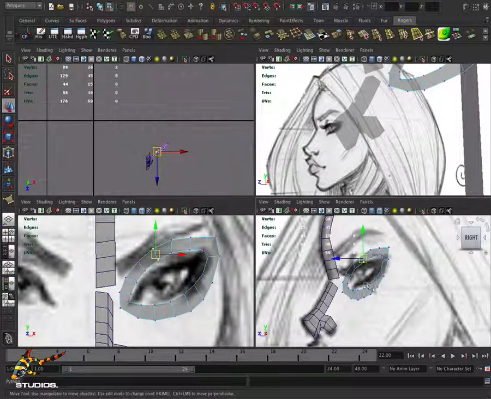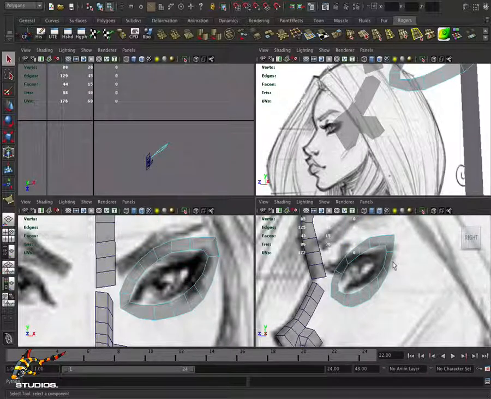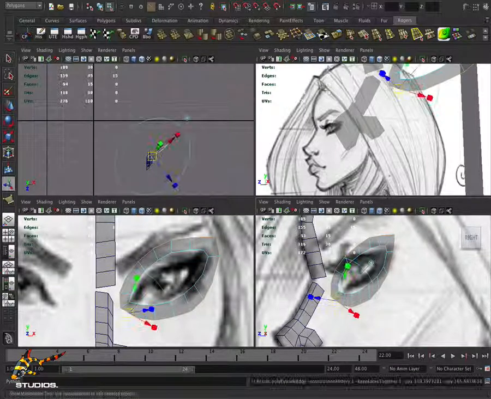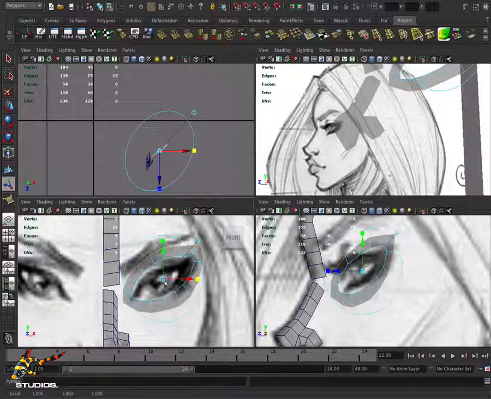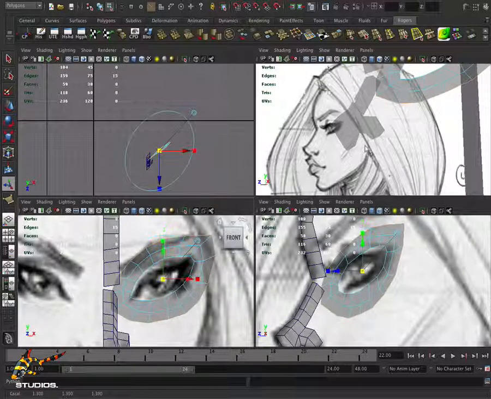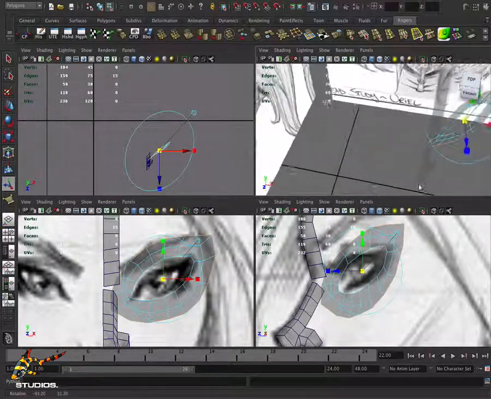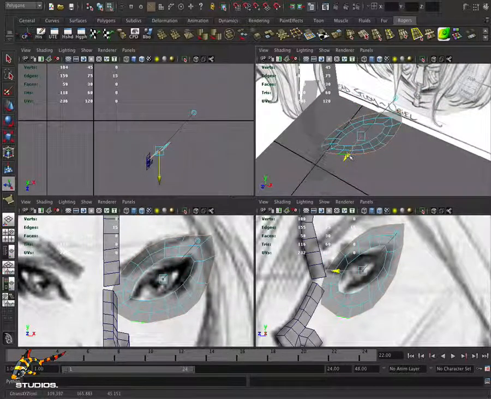So now if I say edge mode again, Q, double select to get the entire ring, and then say extrude. And this time if I click on the circle, the blue circle, just to center it, that centers it. If I click on the red square to scale, I can extrude and scale outwards, and that gives me, you see how it gives me a second ring of polygons, and now I just click on the blue arrow,